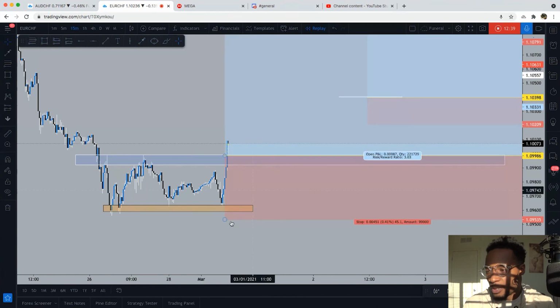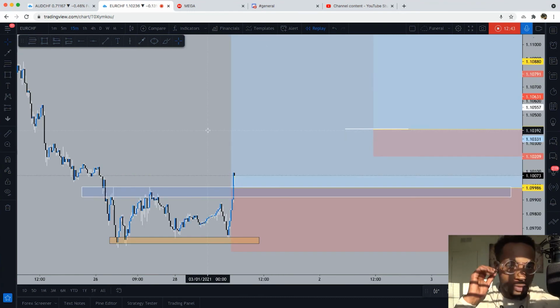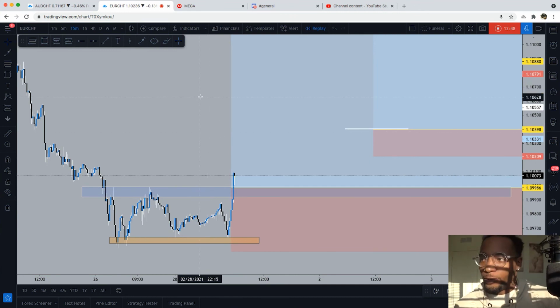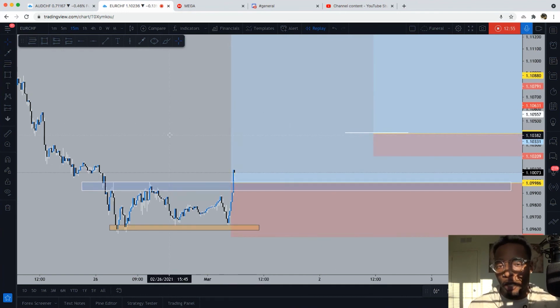We then put our stops below the low. Our targets use one of the other things that I used before. I don't want to have to go through that again. But we found our targets on higher time frames. We found our stops on our entry time frame right below the low, because if price breaks below the low